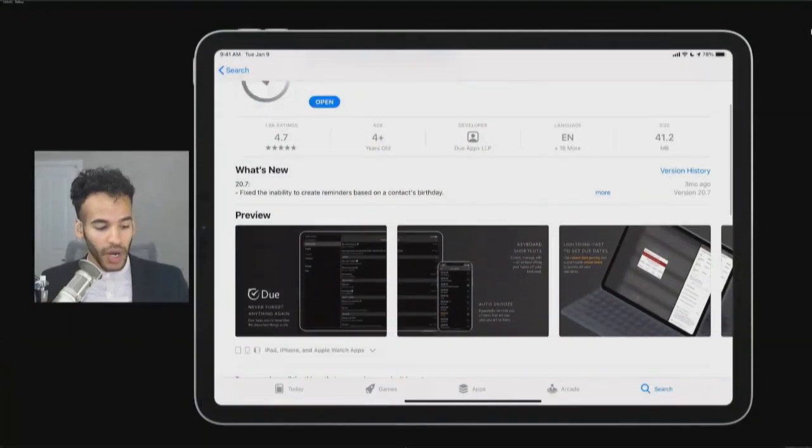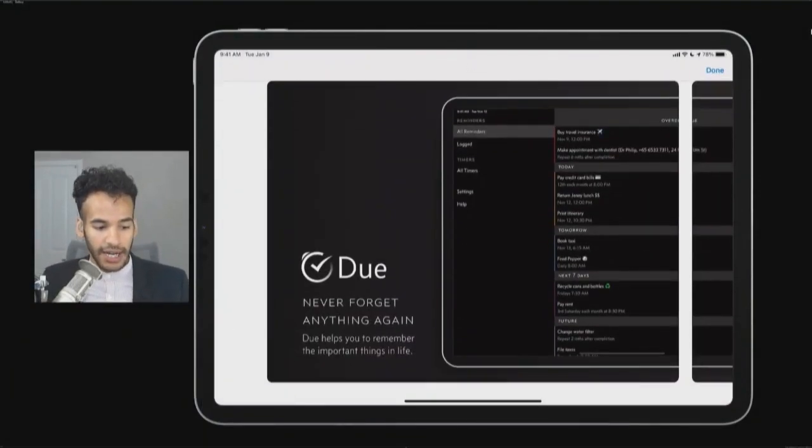Yes. So when you set a reminder, for example, this one's just buy travel insurance or make an appointment with a dentist. You need to get that done, and so you can say, when I see that notification, usually on my watch, if I don't do that thing right then, remind me again in 10 minutes, and again in 10 minutes, until I mark that thing off. Keep telling me I need to do that thing.